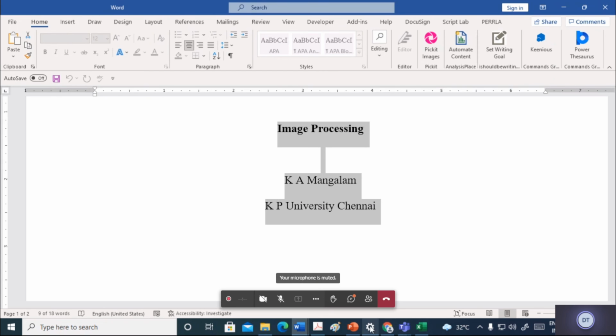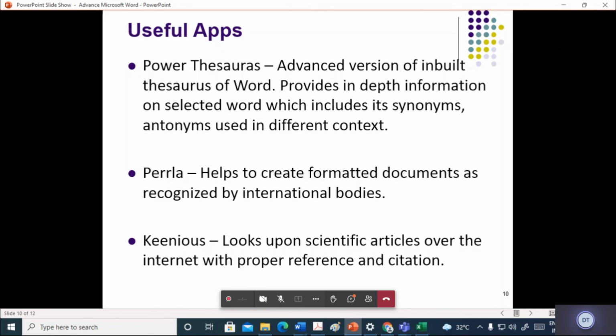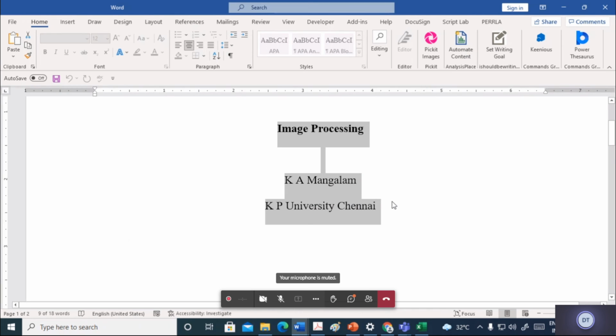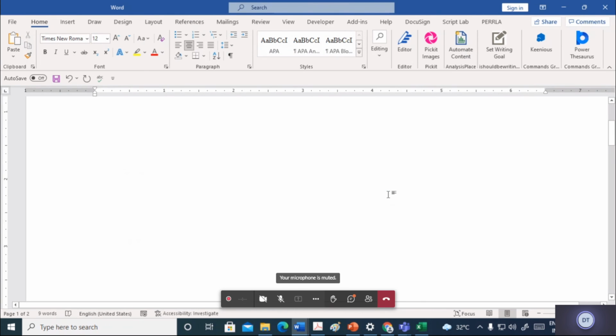Okay, let us see the next one. Kineas. It looks up scientific articles over the internet with proper reference and citation. Okay, now at the moment, this Kineas is not directly related to you, but when you will be joining the industry and when you are going to write something, that content should be your own.